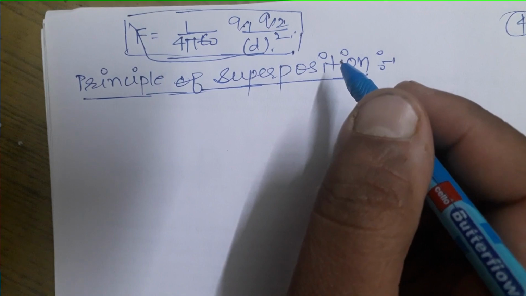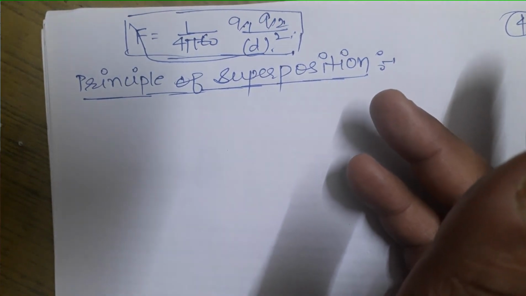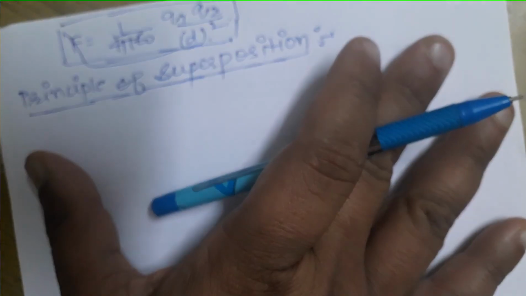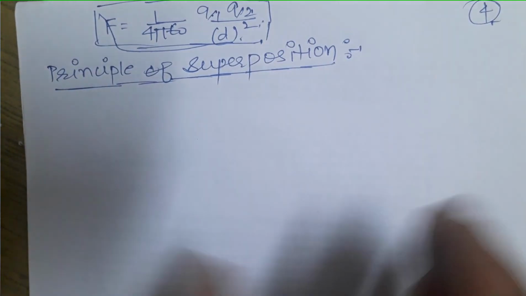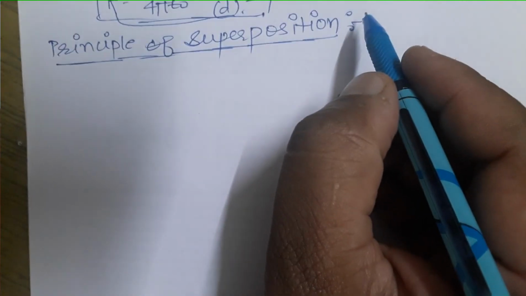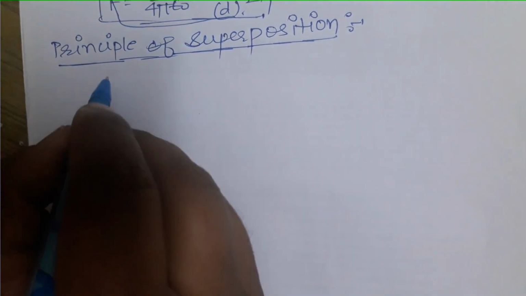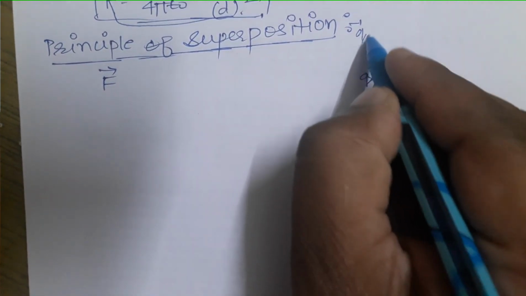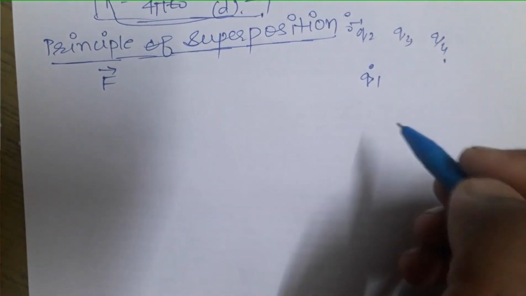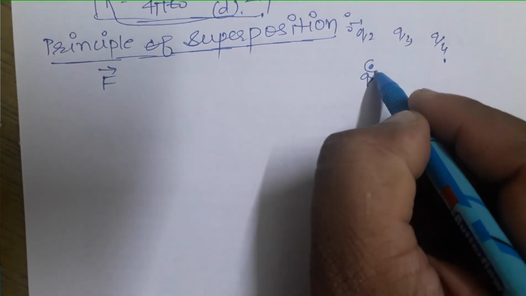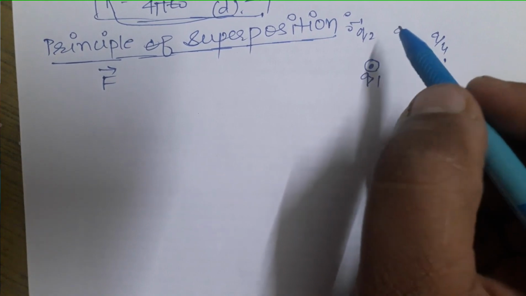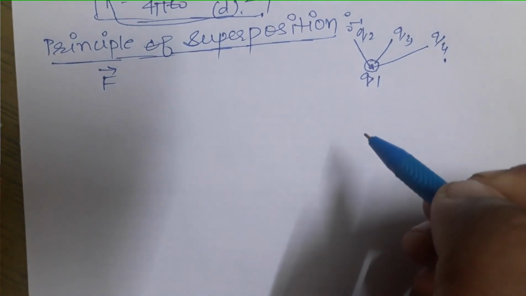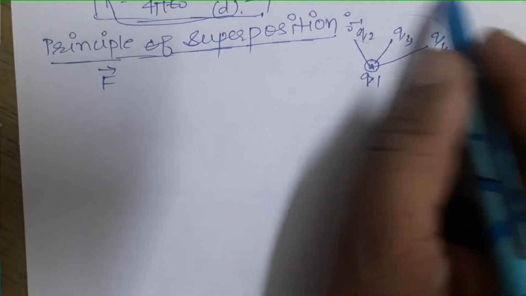Let us go further. There was a principle that is called the principle of superposition. In the chapter on waves and oscillations, I discussed the principle of superposition with you. What was that? That the resultant displacement in the given medium due to a number of waves is equal to the vector sum of the individual displacements. In a similar way, the principle of superposition,